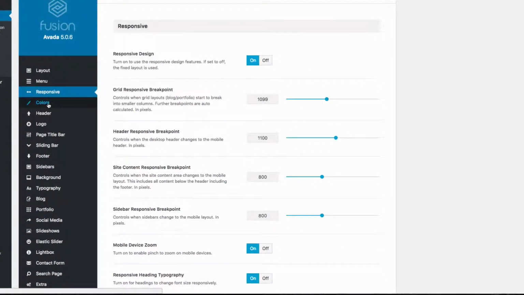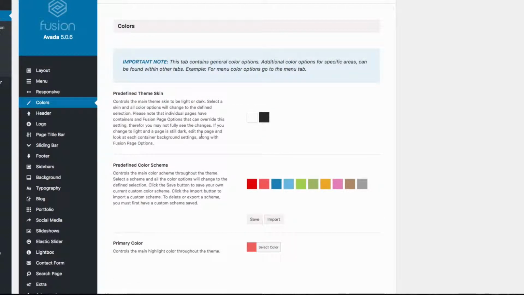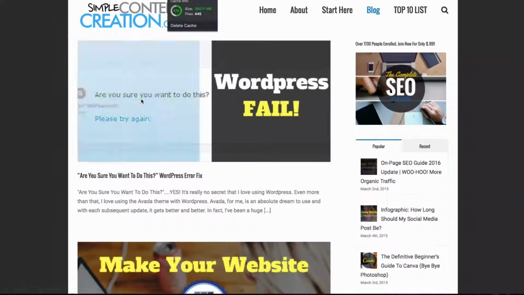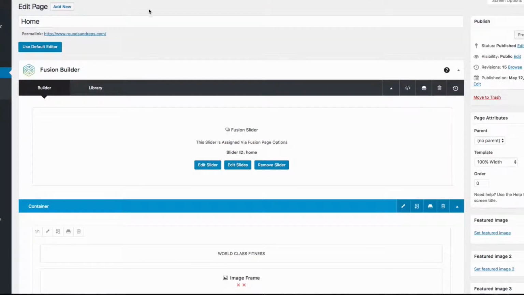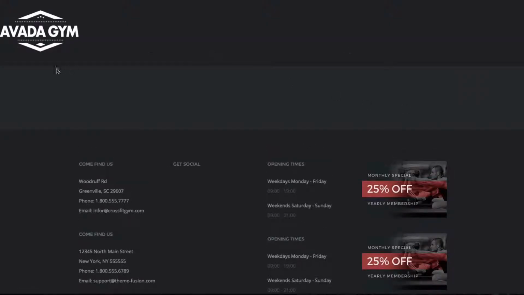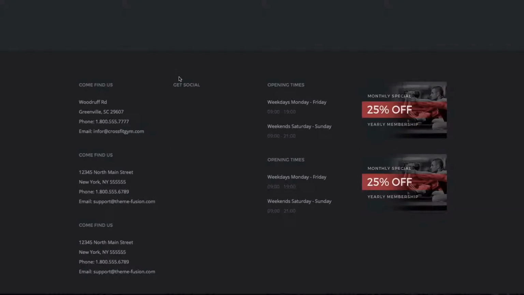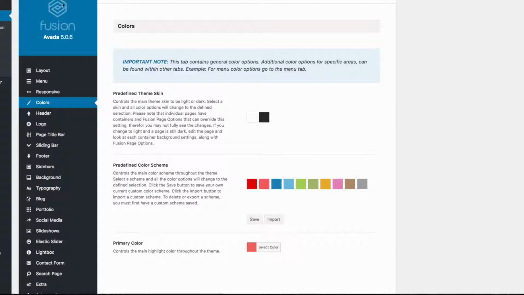Okay. And then colors. One of the cool things you can do is there's a predefined theme skin, as it says here. A white one, which is basically where everything is white for the most part, or the dark one. And so dark would be, let's just go here really quick, where the whole page has more of this dark feel to it. So depending on the feel that you want to have for your website,